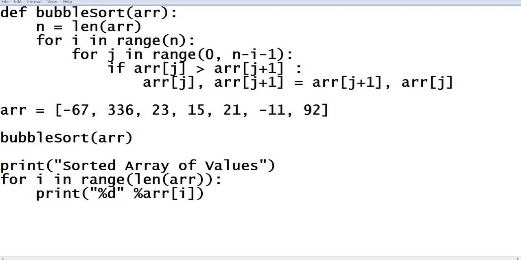So in this video I will show you how to implement and write a bubble sort program using Python programming